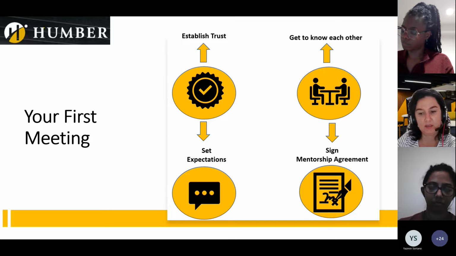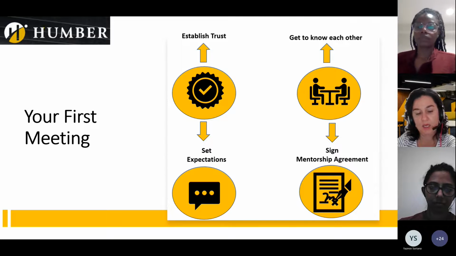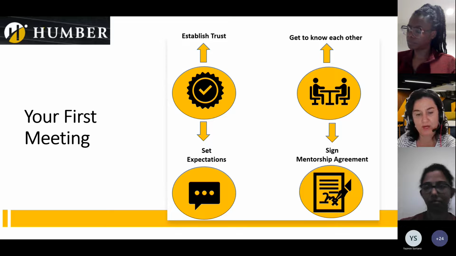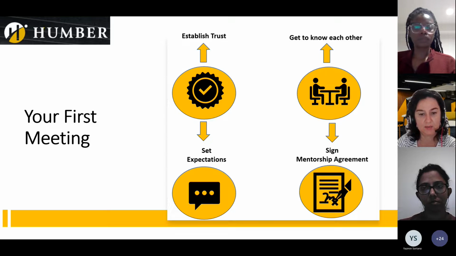And then you sign this agreement template after you have decided on this list of expectations, which can also include the frequency of your meetings, the schedule that can be approved by both parties, such as dates and times, and other important aspects that you and your mentor will agree to be part of that list in that agreement template. Once these expectations are set, both mentor and mentee keep a copy of this agreement and adhere to its content.